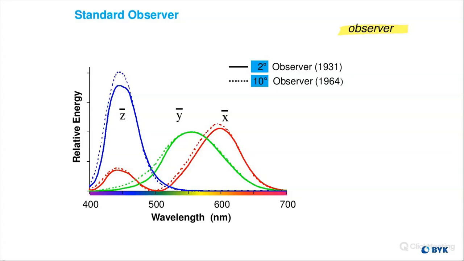And so when you look at the curves according to the 2-degree observer and the 10-degree observer, you see that they don't exactly line up. So it's really important that if you have one plant or facility that's using a 10-degree observer on their spectrophotometer and another plant that's using a 2-degree observer on their spectrophotometer, the values aren't going to line up exactly. That's just because it's a different type of measurement that's actually occurring.